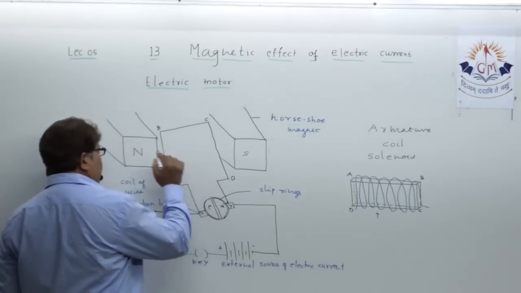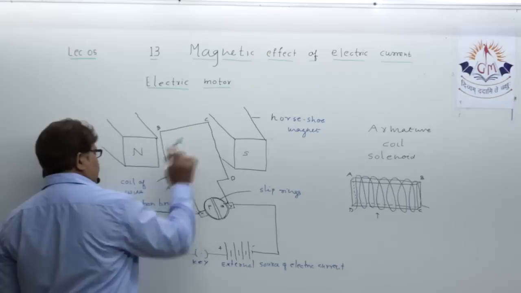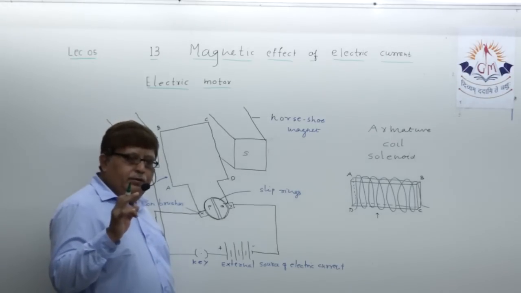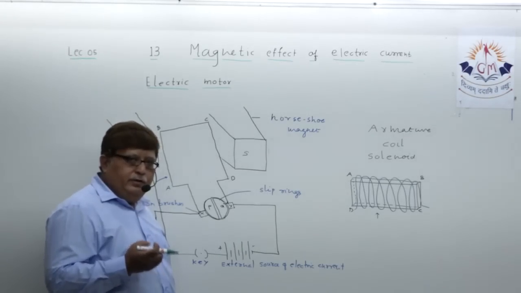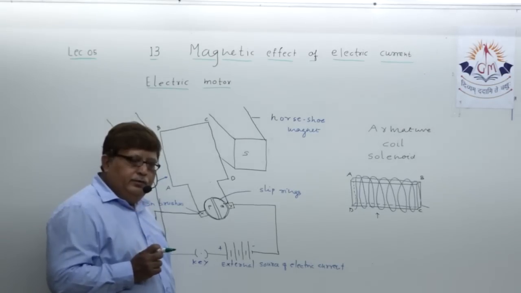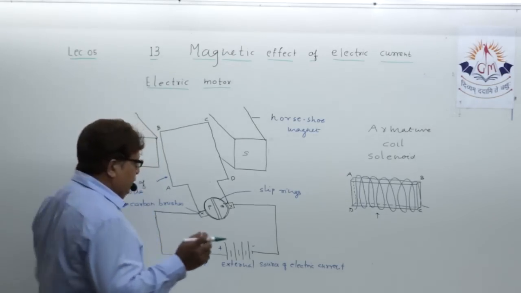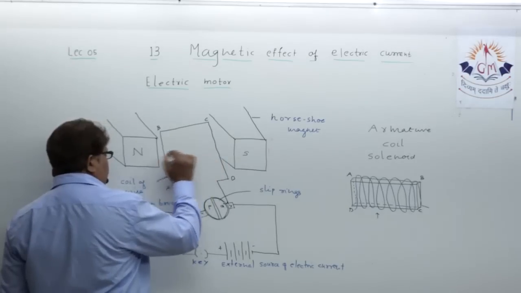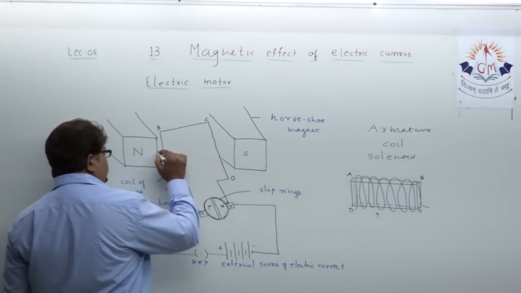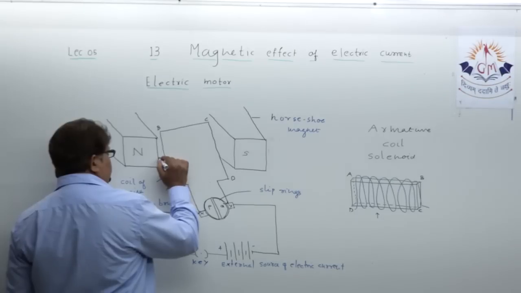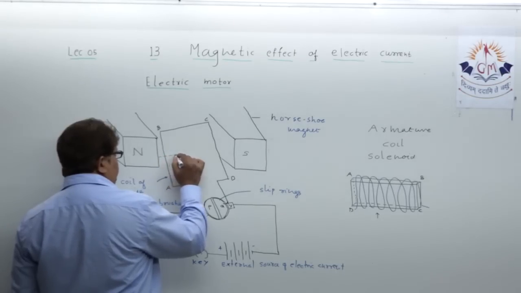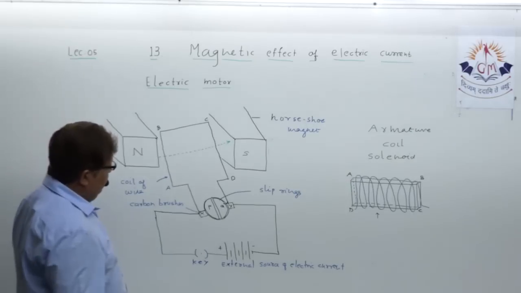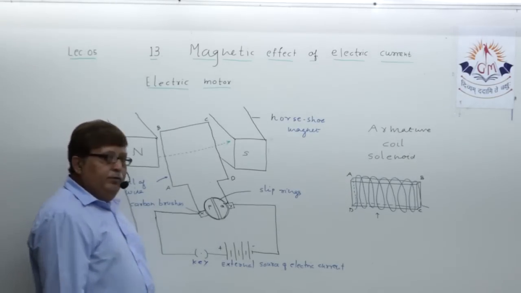Suppose, as you all know, the magnetic field which is constructed by imaginary magnetic lines, the magnetic lines are always traveling from the north pole to the south pole. Suppose, dear student, I saw only one magnetic line, okay, imaginary. This is the direction of the magnetic line, as you all know.